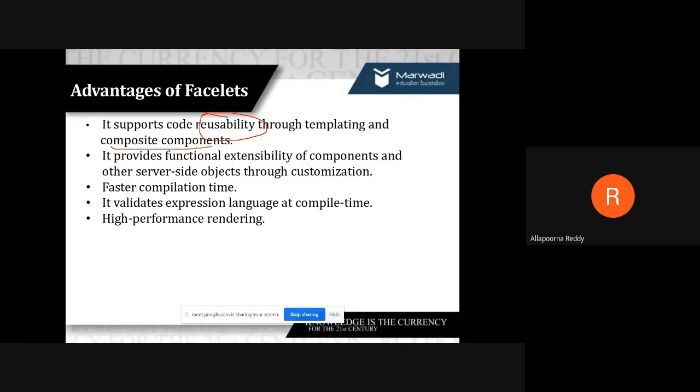Some composite components we have, those also will be supported by your Facelet, and it provides functional extensibility. So not only defining it, the extensibility is also provided, and other server-side objects through customization. I mean, server-side objects means yesterday I showed one program, the return message.